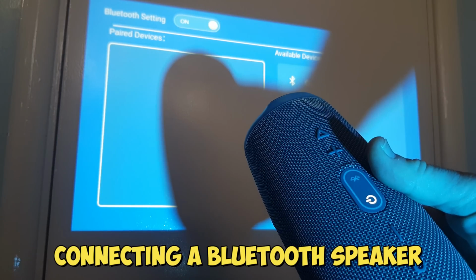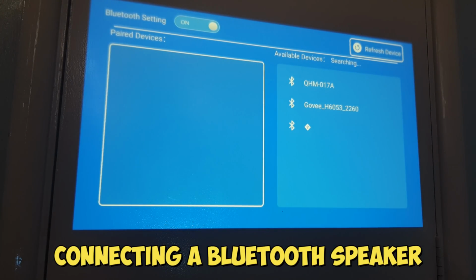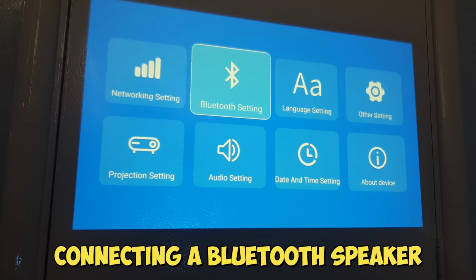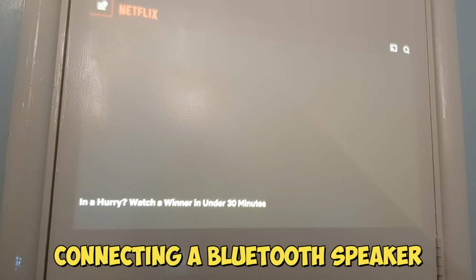I'll enable the Bluetooth. So there, it's now searching, so we'll see if that comes up. We'll just refresh the device, and there on the right we can see JBL Charge 5. We'll click on that so it starts pairing, and there we go. So it's now connected. The speaker confirmed that. So let's go back to our Netflix and see if we can continue that show